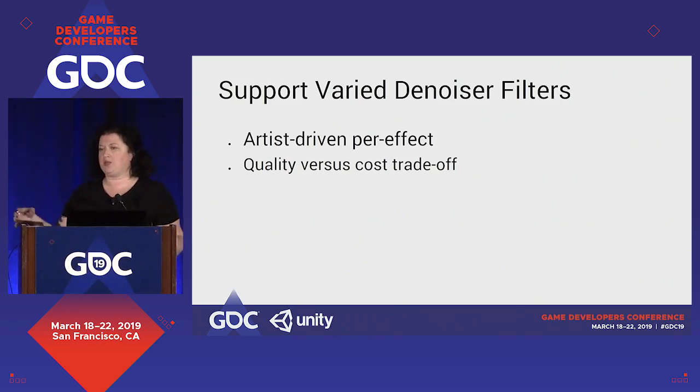With regards to the denoiser, we provide artists the ability to control the filter. For example, for the video that you saw of the demo that we rendered for the matching of the real car, they were using quite large filters. Of course, that means that the cost is higher. The content creators can basically control the trade-off of cost versus quality, and we intend to make it scalable based on platform configurations. That allows us to really amp up the quality on a per effect level, aside from just per platform level. So if you wanted to spend more time and samples in a particular algorithm, you can.